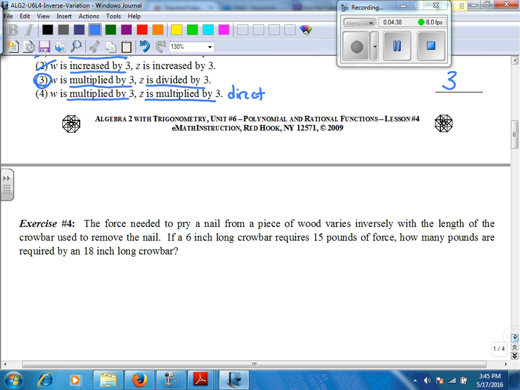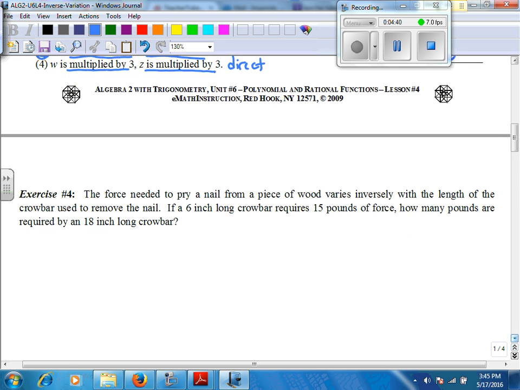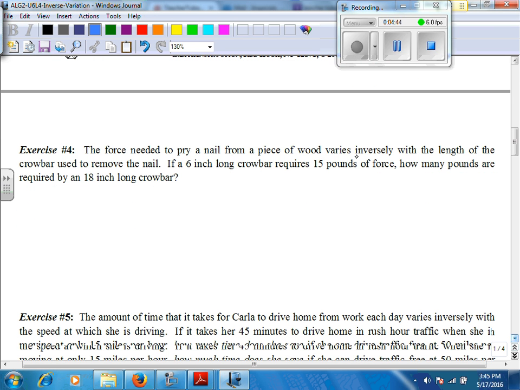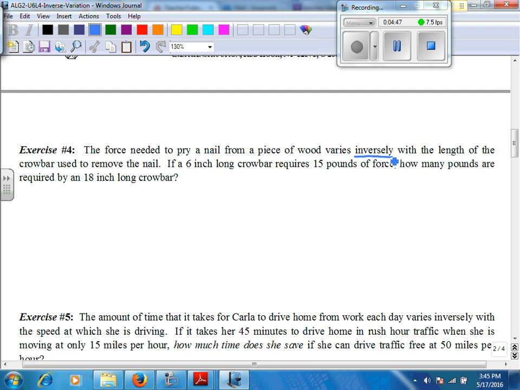Another word problem. The force needed to pry a nail from a piece of wood varies inversely, so that's important. You need to see that it varies inversely. They're going to tell you that within the problem, with the length of the crowbar used to remove the nail. If a 6-inch long crowbar requires 15 pounds of force, so we're talking about the